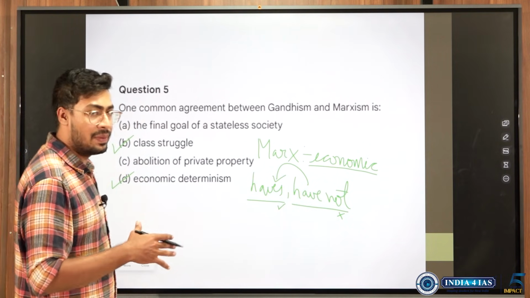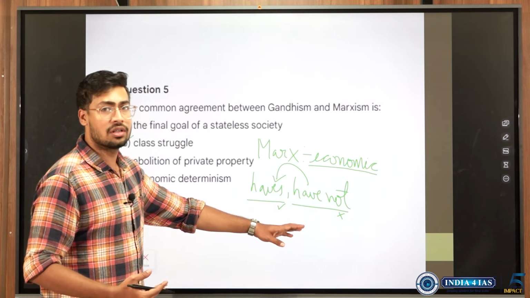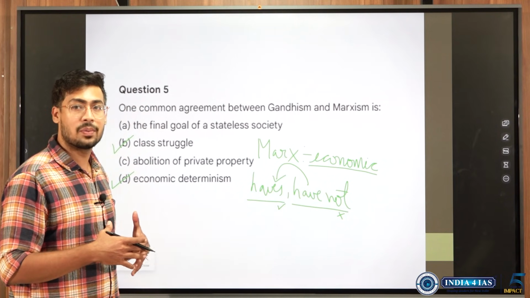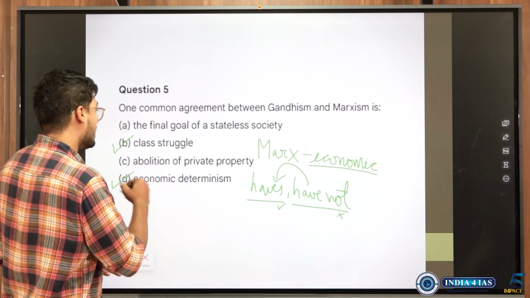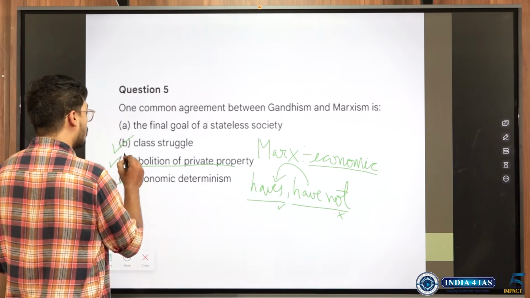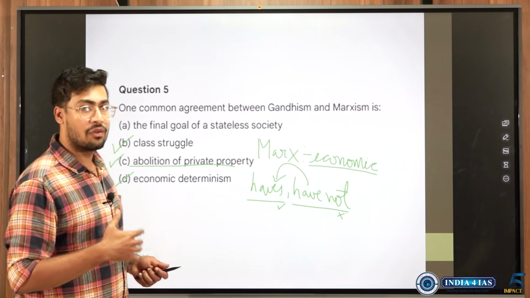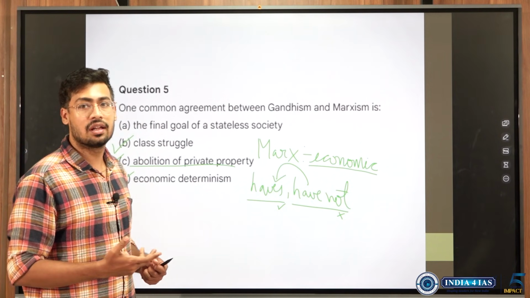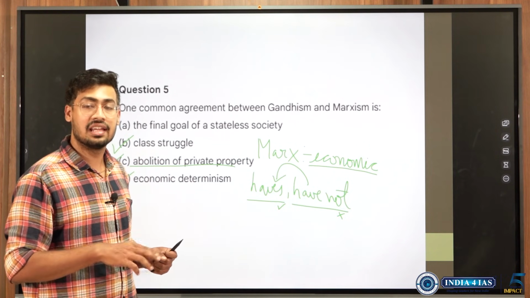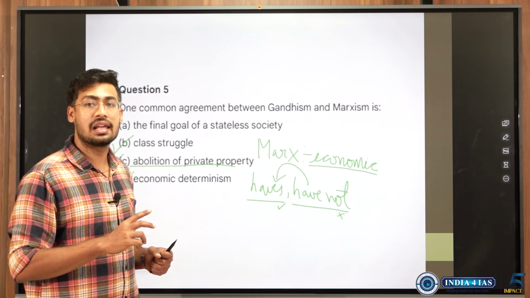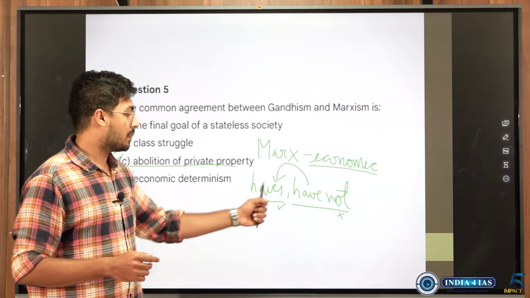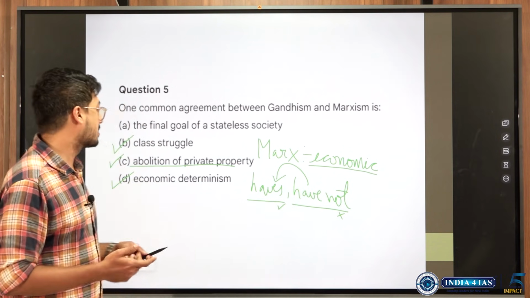the property, he made an assumption that the have-nots will divide those resources among all the people, in such a way that it will lead to the abolition of private property. The concept of private property will go away, because now everyone is free to do whatever they want, and there will be no concept of private property. This is what Marx has said in his theory through the proletariat revolution. Marx calls the haves the bourgeois, and the have-nots the proletariat.